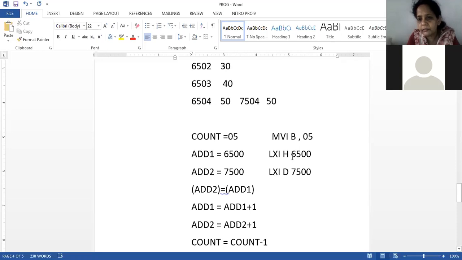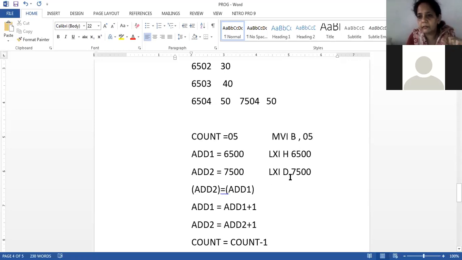Address 1 is 6500, which is in HL. Address 2 is in the DE register pair, right? I cannot transfer the contents of one address to another directly because I don't have that ready-made instruction.